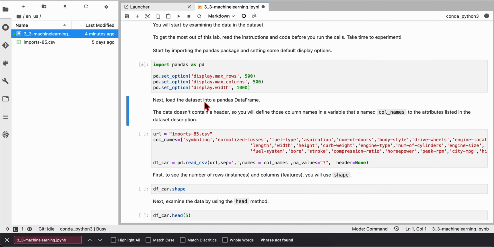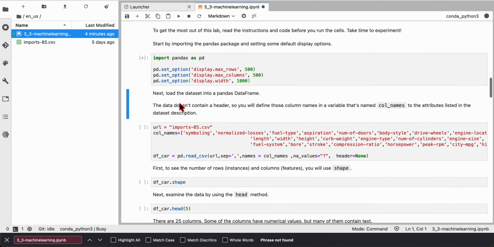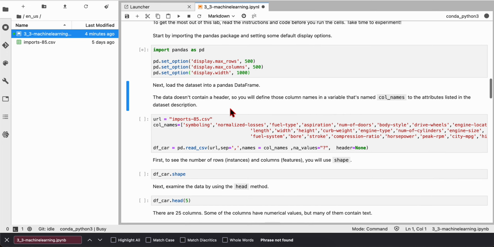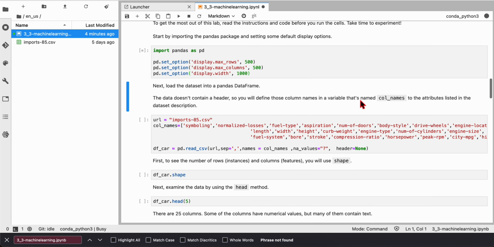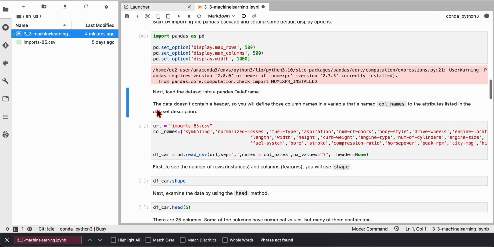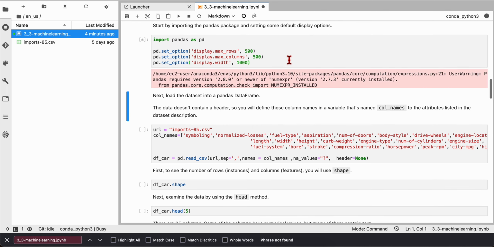Next, load the dataset into a pandas data frame. The data doesn't contain a header, so you will define those column names in a variable that's named column names, according to the attributes listed in the data description, and a URL assigned to